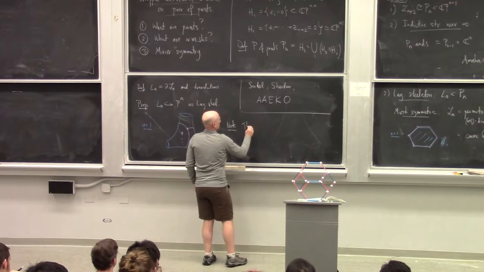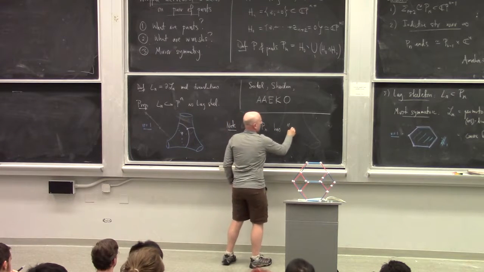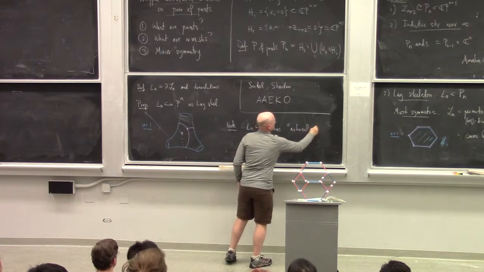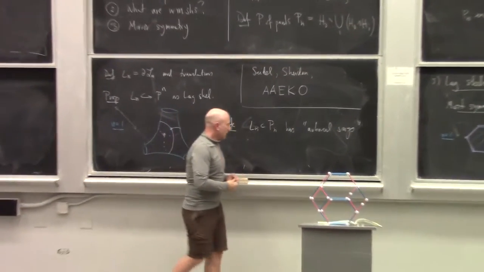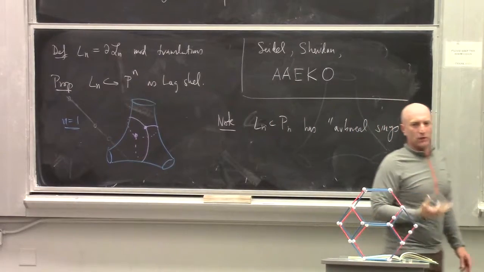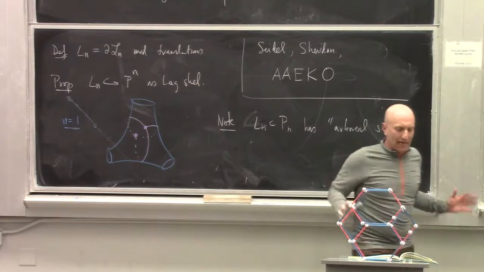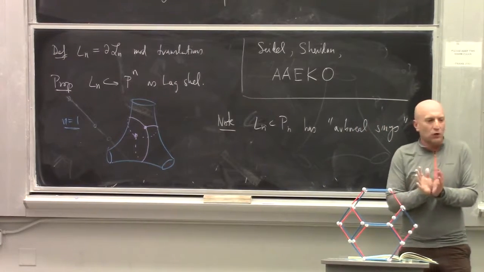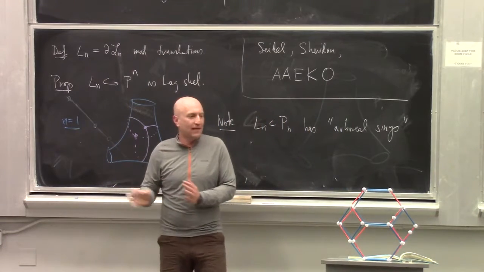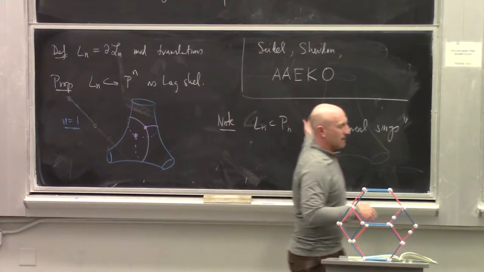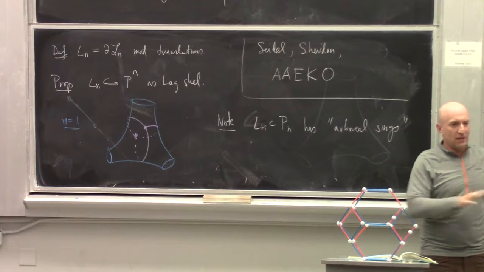So Ln inside Pn has what you could call, or what I like to call, arboreal singularities, which is a very nice combinatorial class of singularities for which you know what categories of A-brane should look like. Once you're in this situation, you can make any calculation you like, and I could give a different talk at this point. I could not tell you about microlocal sheaves, and just tell you how to identify this with its mirror Landau-Ginzburg model, using just the combinatorics. And it's a very beautiful picture.